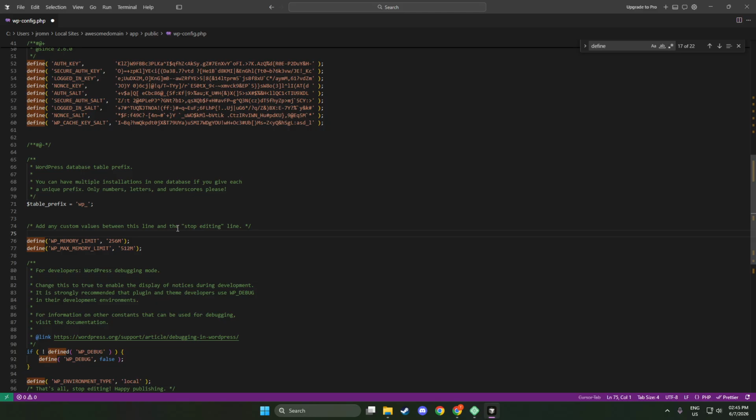Still, this is one of the quickest and safest changes to try, and it often helps on busy or plugin-heavy sites. That's how to increase the PHP memory limit in WordPress to help fix a 504